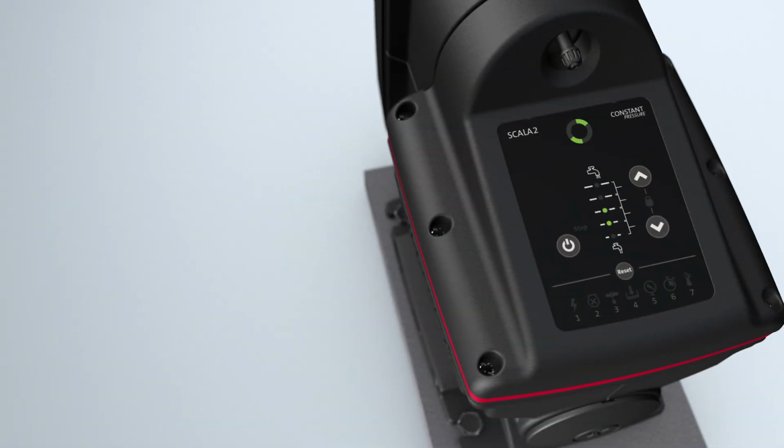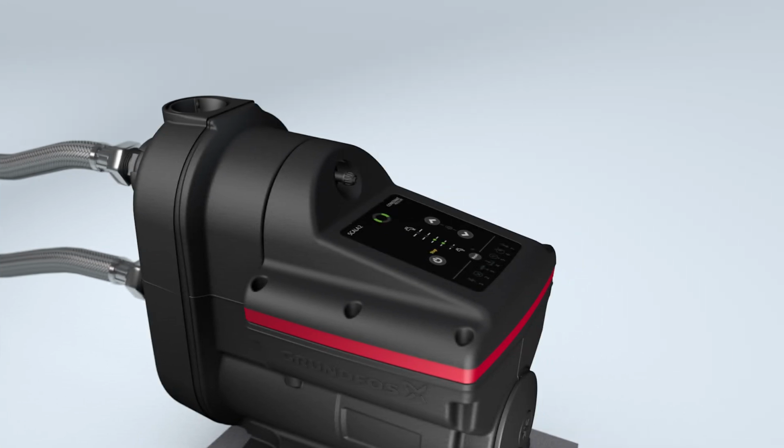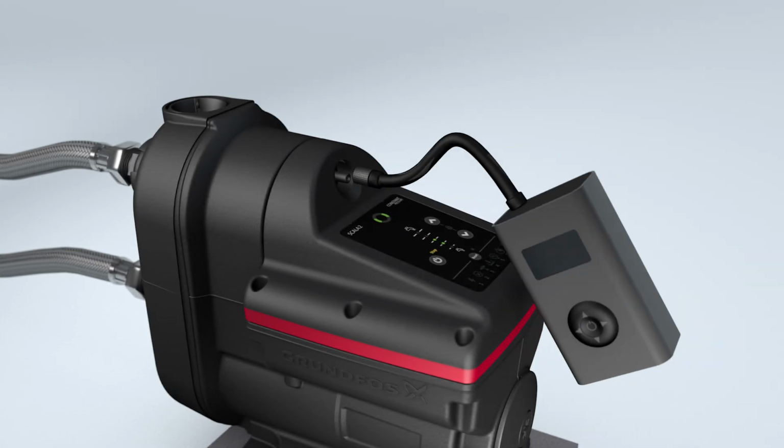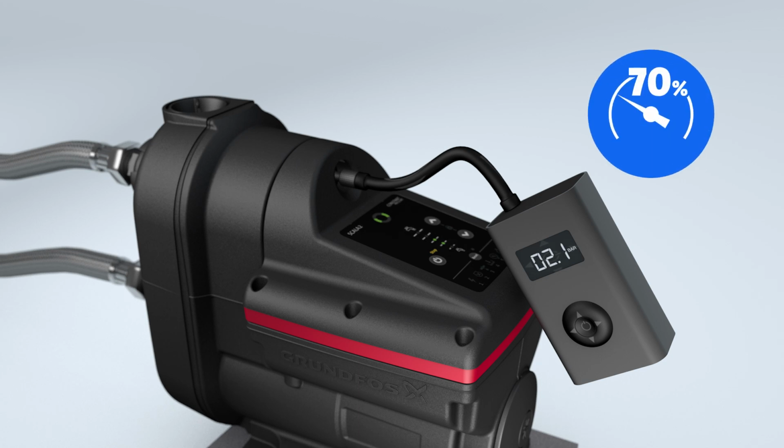To pre-charge the pressure tank, start by stopping SCALA2 by pressing the Stop button. Then depressurize the system by closing off the supply pipe and opening the tap. Now unscrew the air valve cap. Pump in air until the desired pressure is reached, which should be 70% of the set point value,